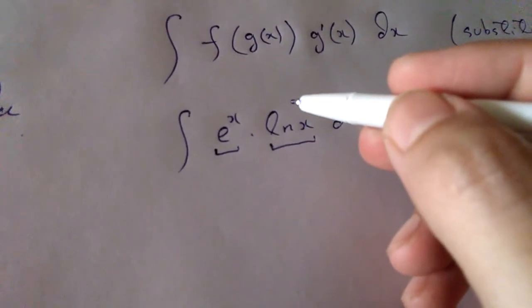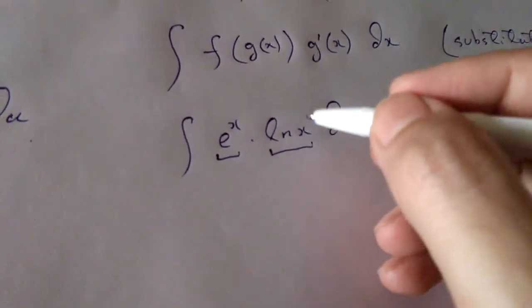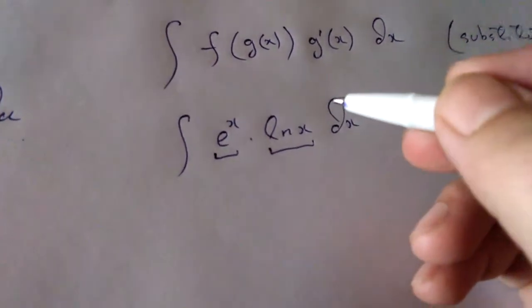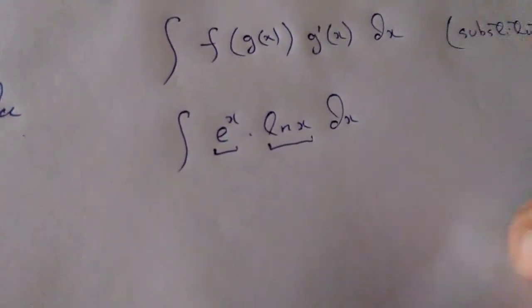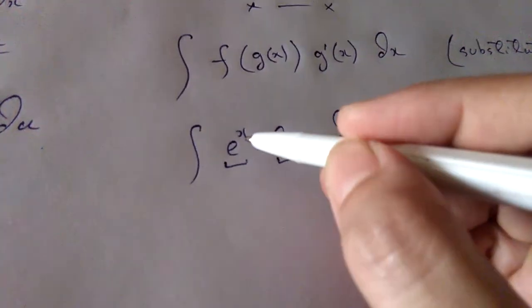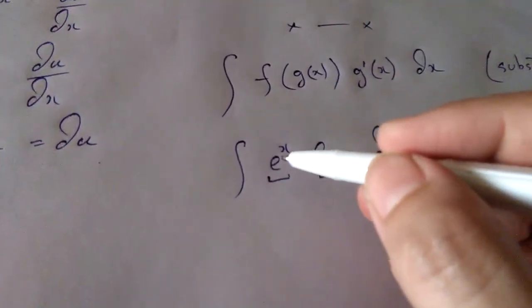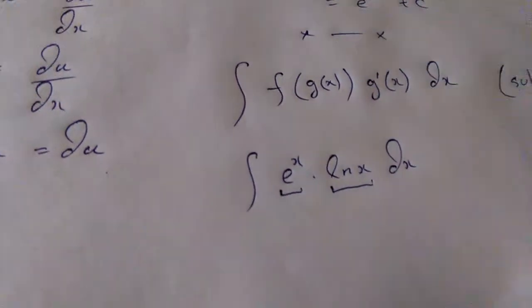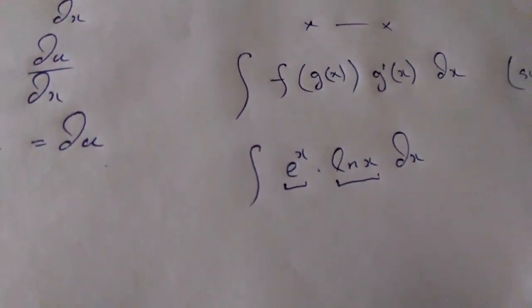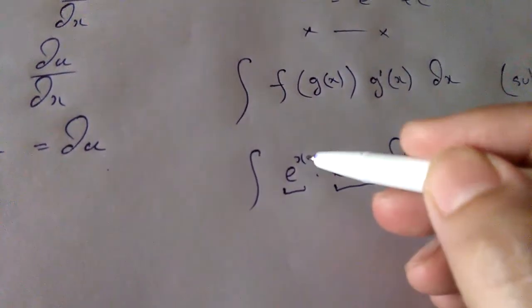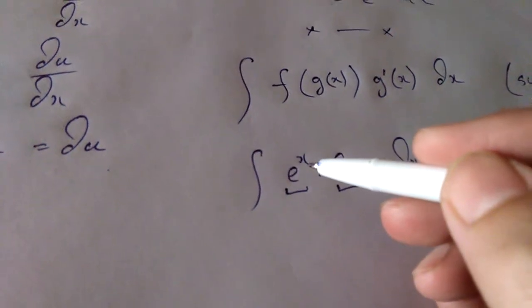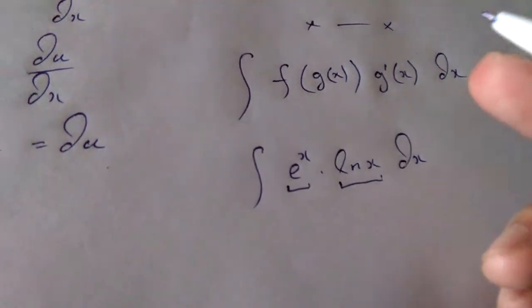You have to differentiate. So you have to take this function as a function whose derivative you have to take out. And this function, exponential of x, is a function whose integral as well as derivative both exist. So this one you should take as a function whose integral you have to take out while performing